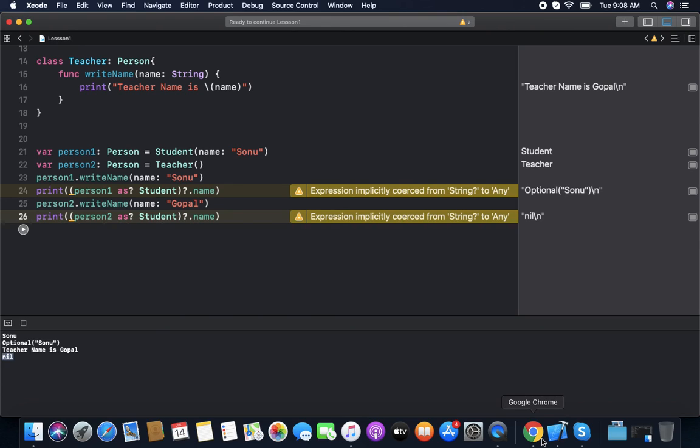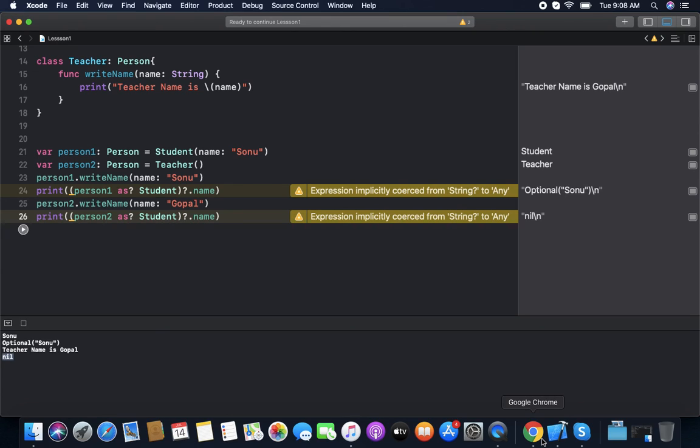Overloading is basically functions with the same name but a different type or different number of parameters. Overriding is in subclassing: one class inherits from another class and inherits its functionality. Inheritance is when a class inherits from another class, then all the functionality of the base class comes to the second class, or subclass.